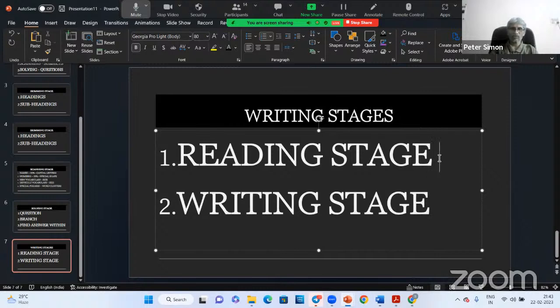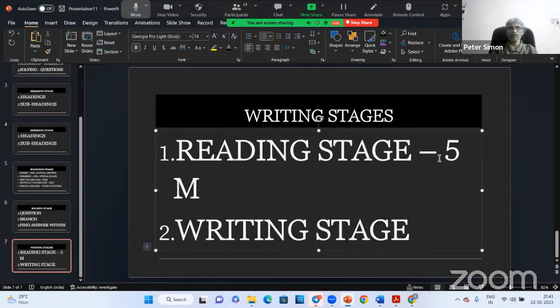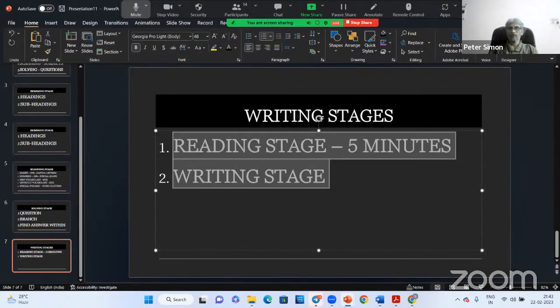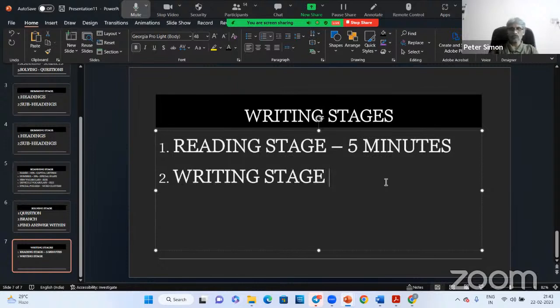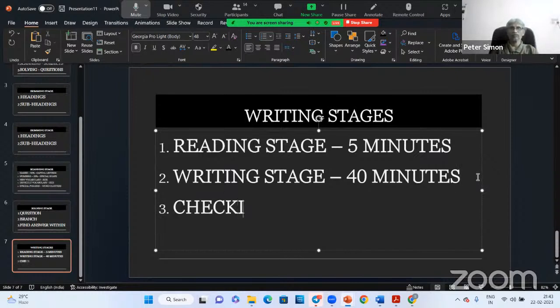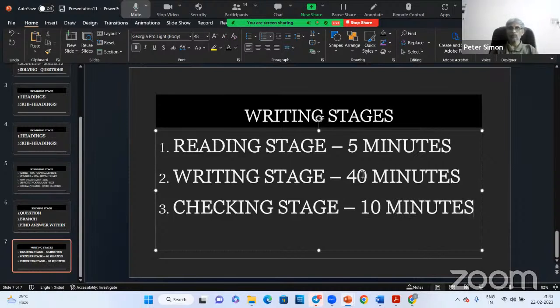This is for 5 minutes. Initially, 5 minutes will be there for you. And then writing stage is 40 minutes. But what I will tell you is reading stage, writing stage, and you bring another stage called checking stage. For this one, you give 10 minutes. So you have to remove 10 minutes from here, so write that. So 5 minutes you have to read. Don't take your pencil, just read and